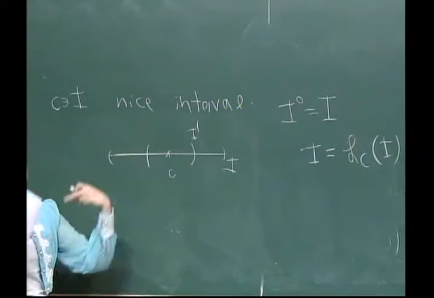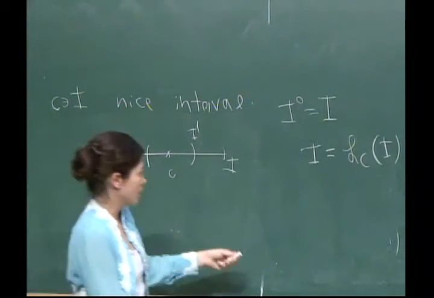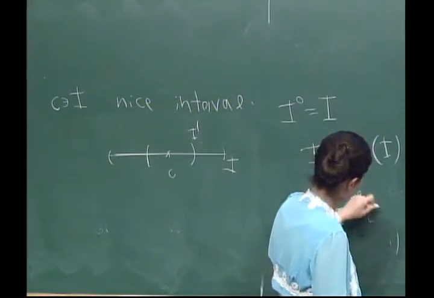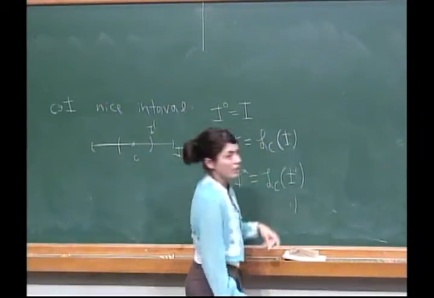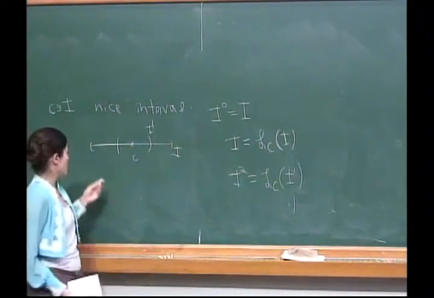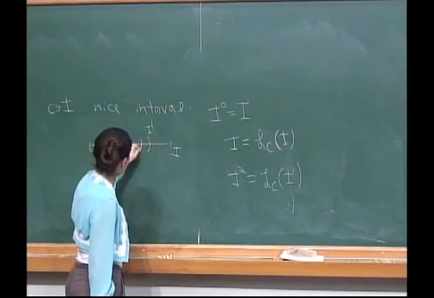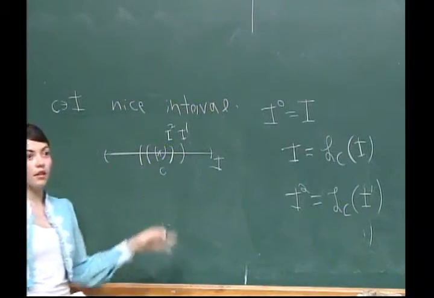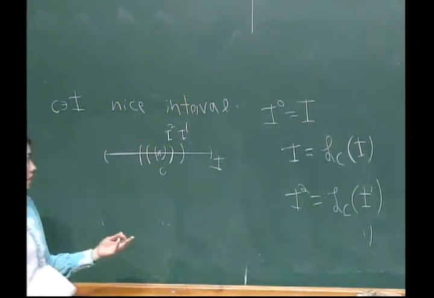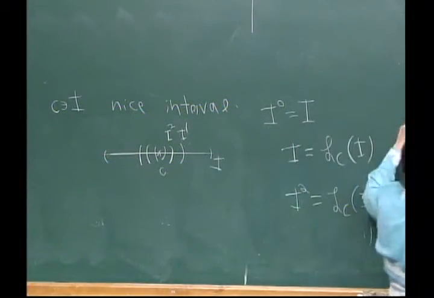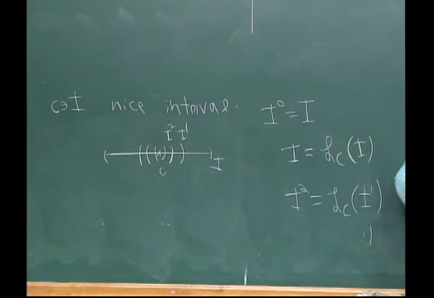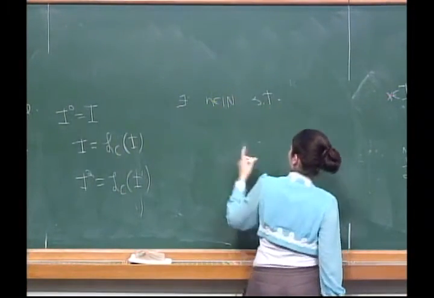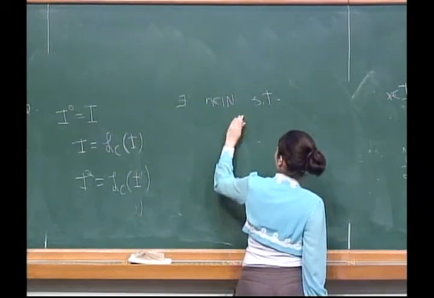And now we consider I2, which is nothing else but the landing of C now to I1. So this will give you a sequence of intervals that are nested around this thing. I2, and then you can carry on. So there's two possibilities. Either there exists some n in N such that,